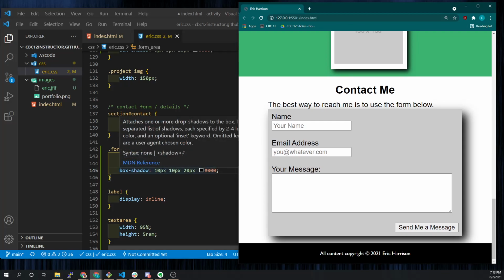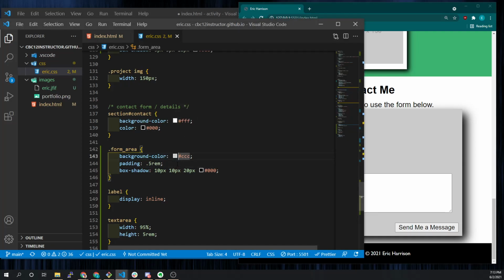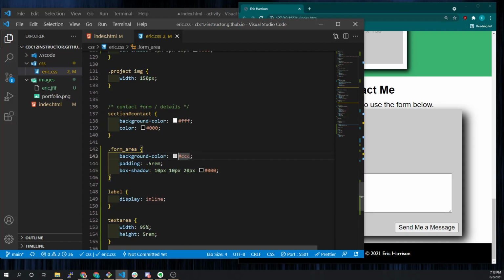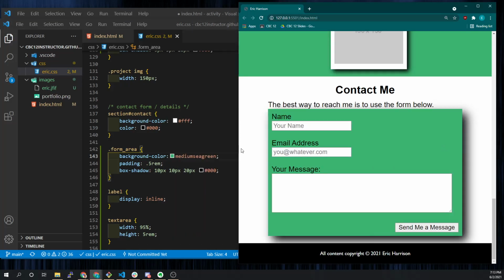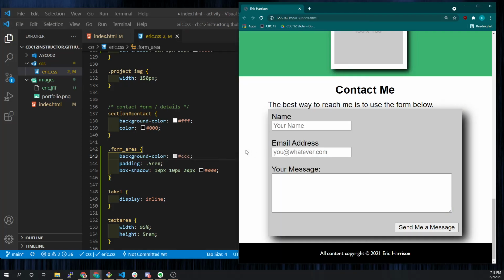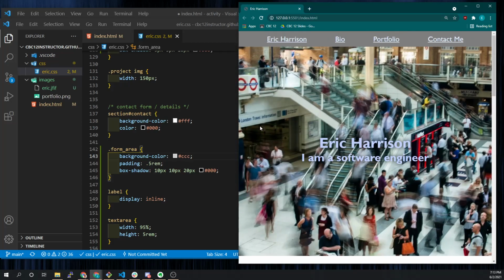Maybe we want to even, yeah, I like that. Alright, that's got some pizzazz. I might want to just fiddle with this color until it's something cool. Maybe we want to use the same color that we used for the background color up there, so maybe we'd want to do medium sea green. That's too much green on top of green. Do not like. Okay. But regardless of that, we have built a pretty successful